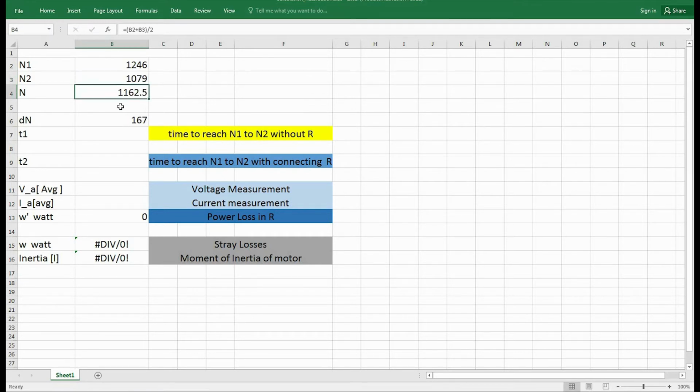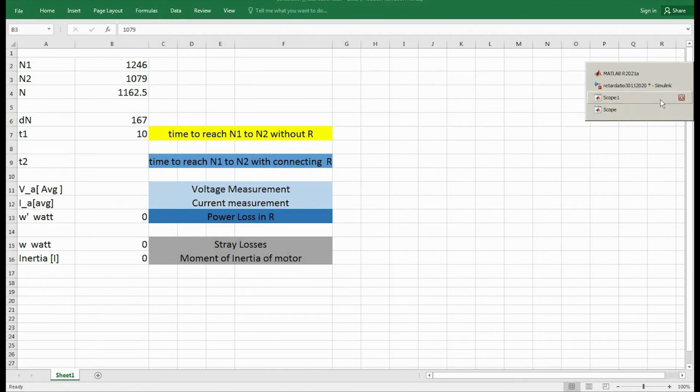So the average speed is 1162.5 and dn is the difference in speed, which is 167 RPM. Here T1 is nothing but the difference in the time from N1 to N2, which is 10 seconds. At N1 we have 5 seconds and at N2 we have 15 seconds, as you can see from the scope.